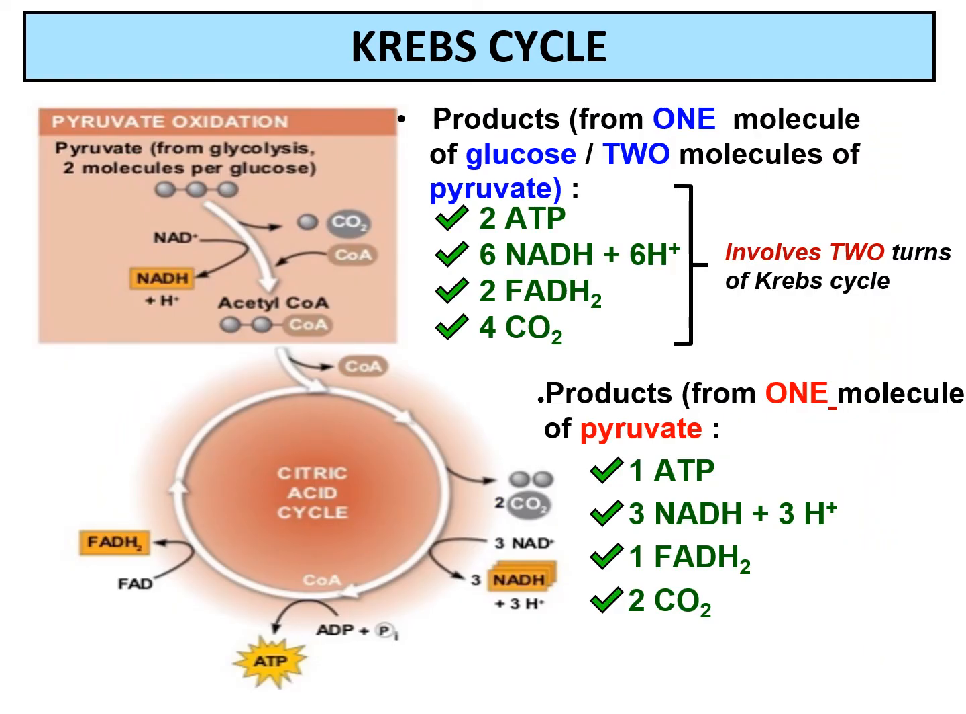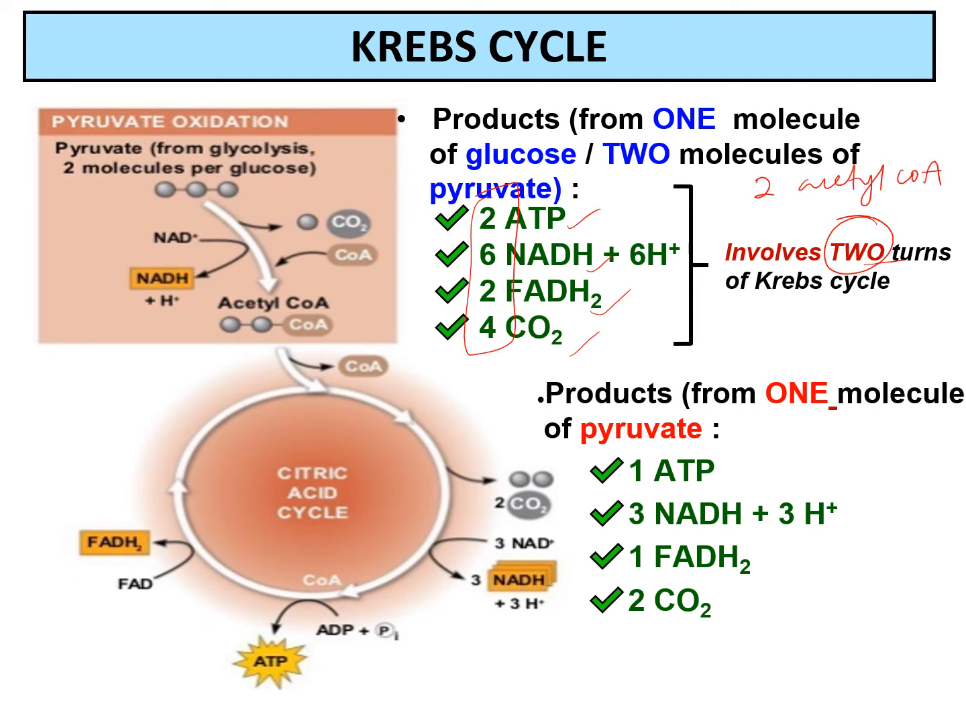Let's look at the products of Krebs cycle. As a whole, the yield of Krebs cycle should have ATP, NADH, FADH2, and carbon dioxide. So this amount involves 2 turns of Krebs cycle. Why 2 turns? Because we have 2